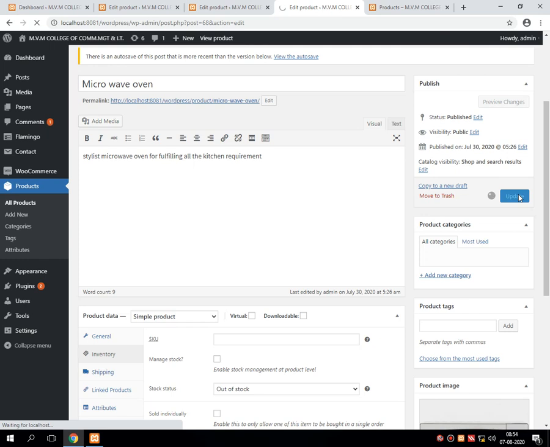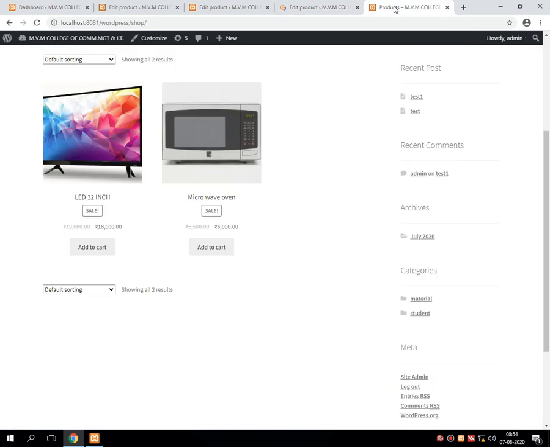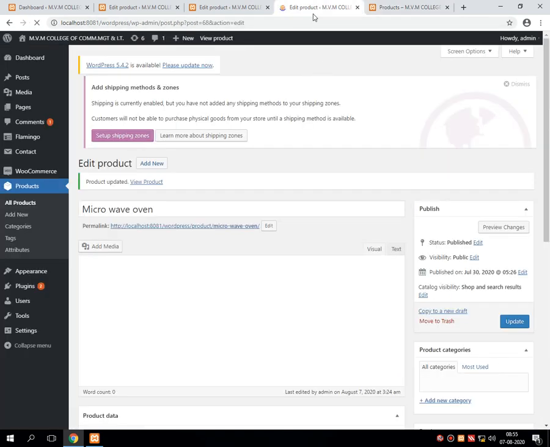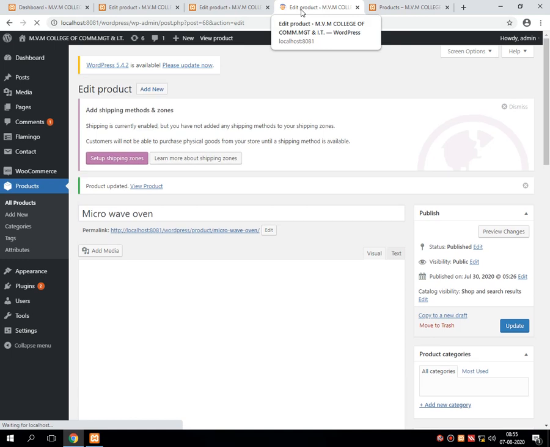Once the updation gets completed, over the shop side you will see the procedure like this. Still the editing is not completed on the admin side.